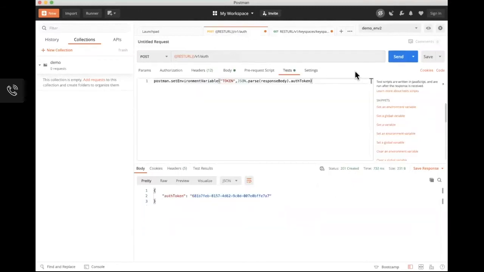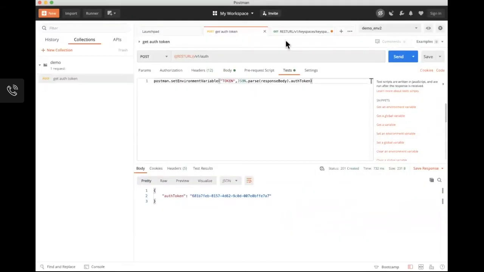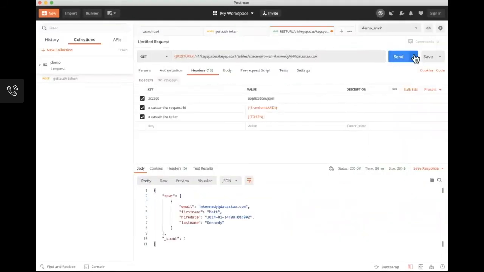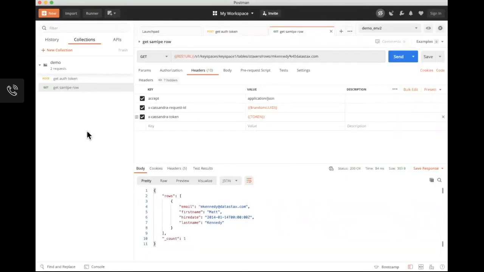I'll finish out with a couple little tricks here on how you save. So what I want to do is call this get auth token, and I want to add that to my demo collection, save to demo. And here I am going to save this and call this get sample row, and I'll also save that to demo, right?